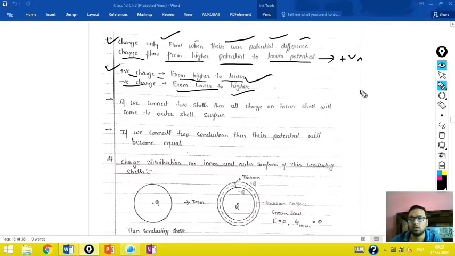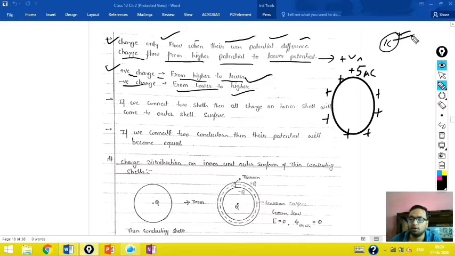If you want to understand again, I will give the same example which I gave in my previous lectures. Suppose you have provided 5 microcoulomb of charge to this sphere. Why am I taking microcoulomb? Because in this chapter you will get to know that 1 coulomb is a very big unit, and 1 coulomb of charge exists, but for making 1 coulomb of charge we have to contribute a huge number of electrons.